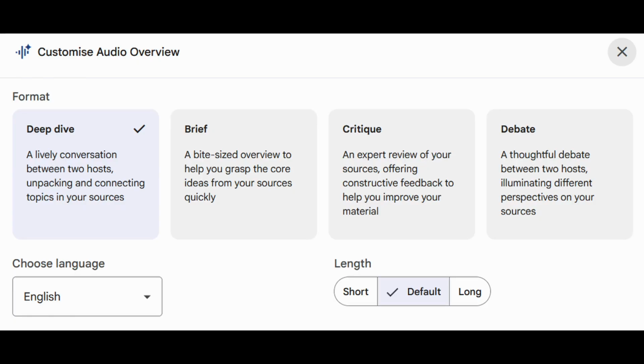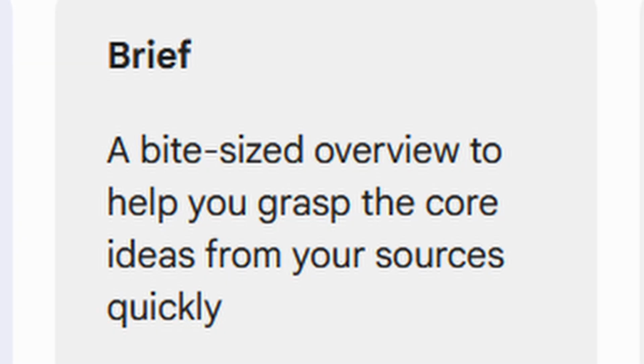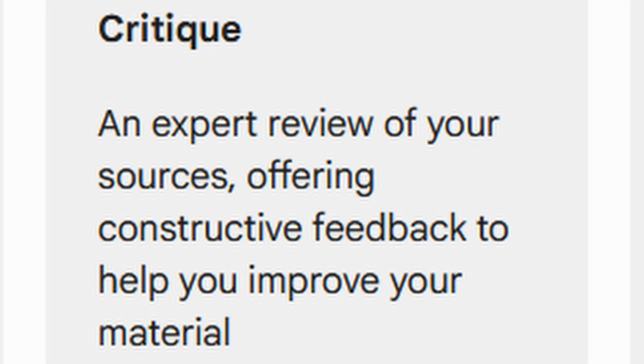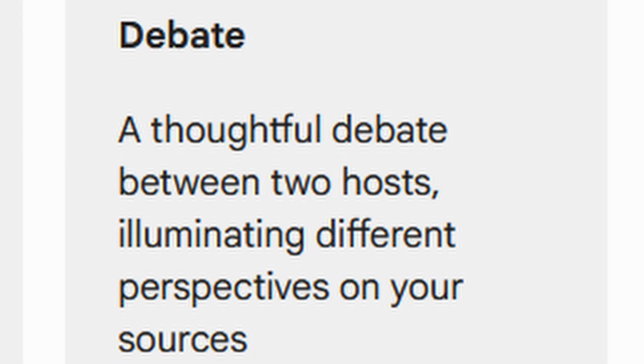But what people don't know is there are different formats of audio overview in NotebookLM. The default is the deep dive, the podcast style one that I just talked about. The second one is brief. It's a 1 to 2 minute core summary of your sources, and it's very useful before exams. There's a critique where the host criticizes your material, finds weaknesses in it, and provides feedback. And then there's the debate where there are two hosts that represent opposing theories or opposing concepts, and this one